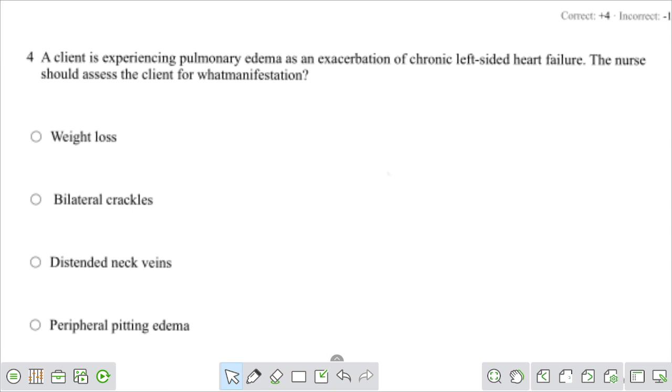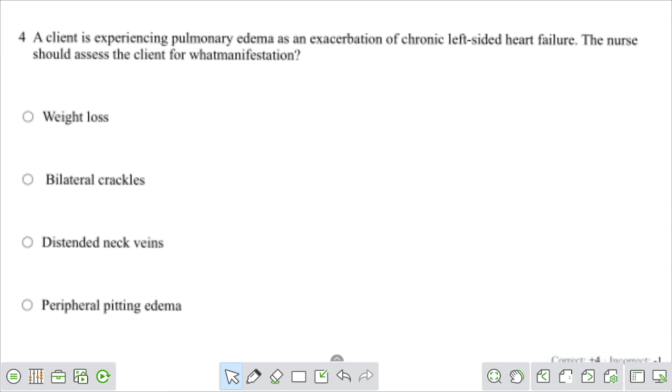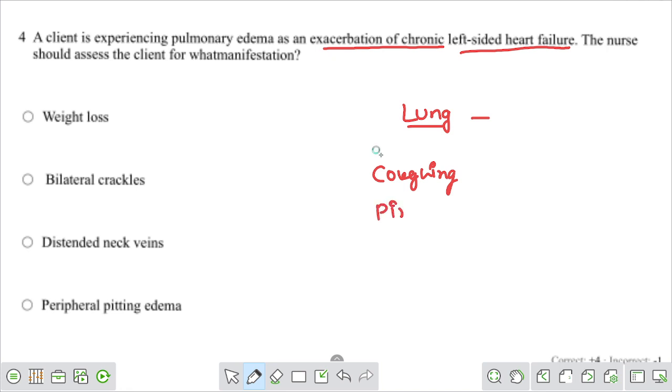Then the next question is, a client is experiencing pulmonary edema as an exacerbation of chronic left-sided heart failure. The nurse should assess the client for what manifestation? Actually, when fluid accumulates in your lungs, this is known as pulmonary edema. And in pulmonary edema, there is coughing, pink-colored sputum, dyspnea,